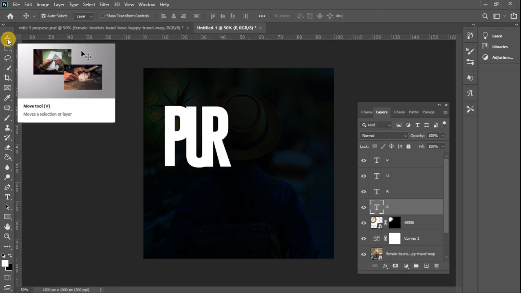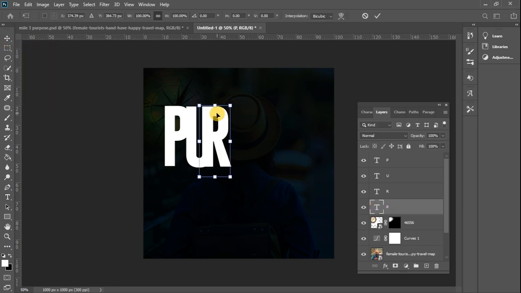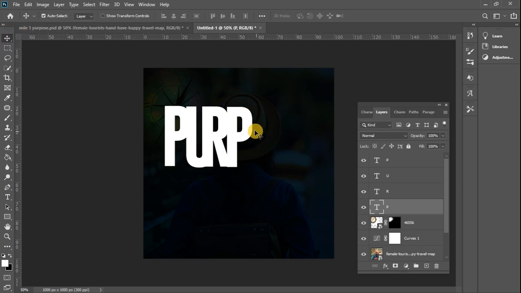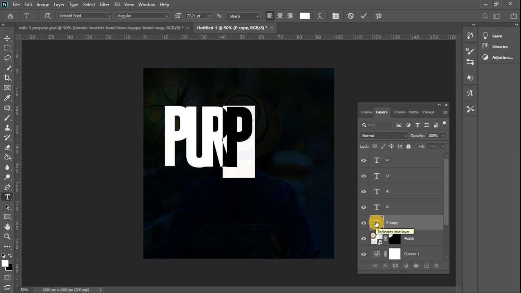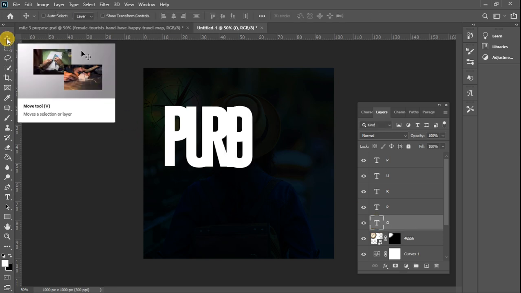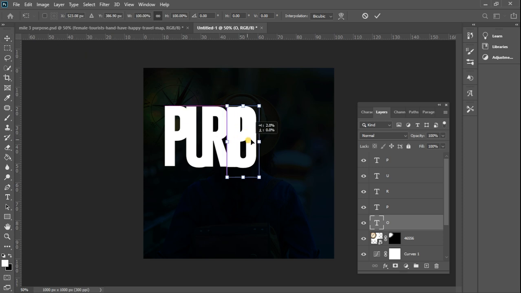And once it's changed to a P, I'll press Ctrl T for transform, and I'll move it to the edge like this, and I'll create a copy of the P, bring it below, double click on it, and change that to O like that, Ctrl T, and I'll move it to the edge,